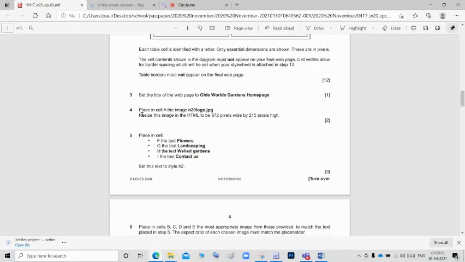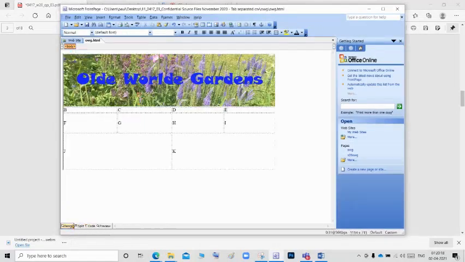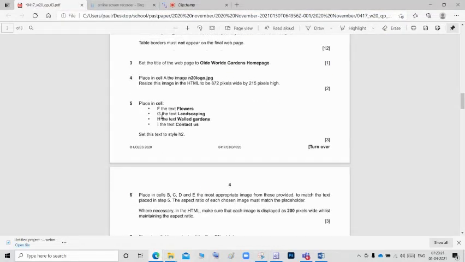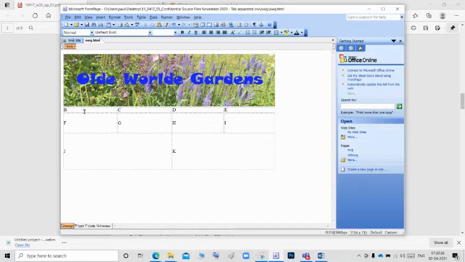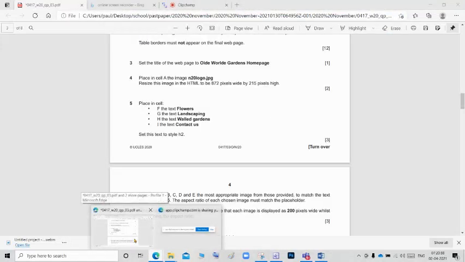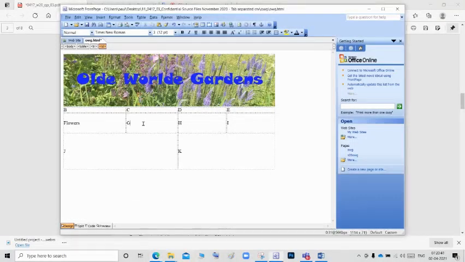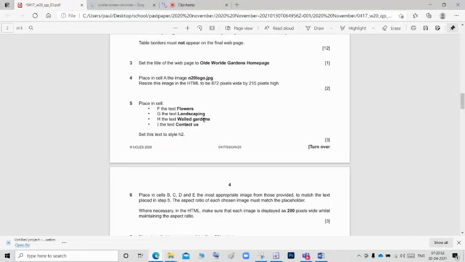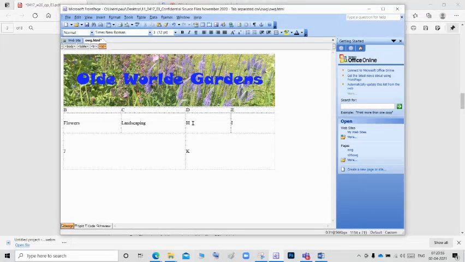Next, in play we already finished question number 4. Next, place in cell F the text flowers. Okay, so we want to place the text flowers in F. In G, we want to give landscaping. Delete the G and give landscaping. Next, in H, they want walled gardens. So delete the H and give